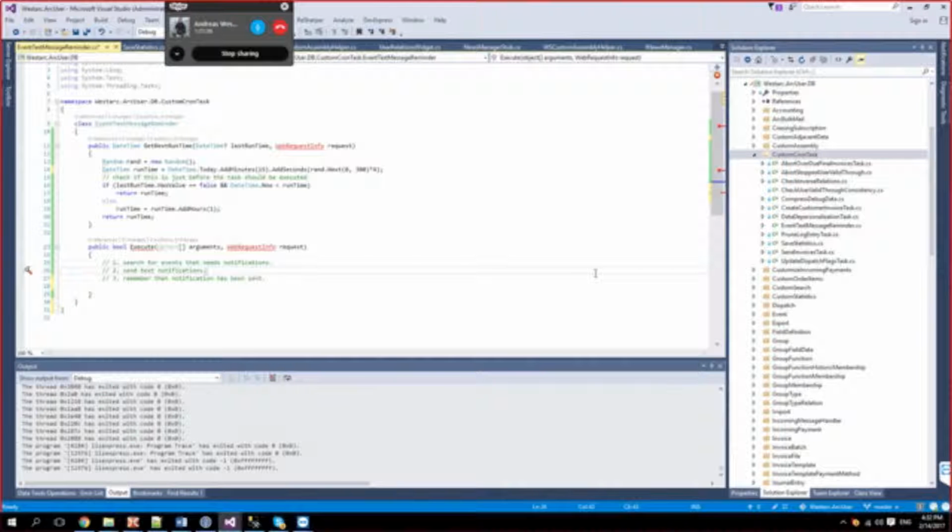Okay. I think that's how we have to do it. Besides, I'm not sure if we have any contract to send SMSs or text messages to Crane. So I don't know if we can, if we want to.